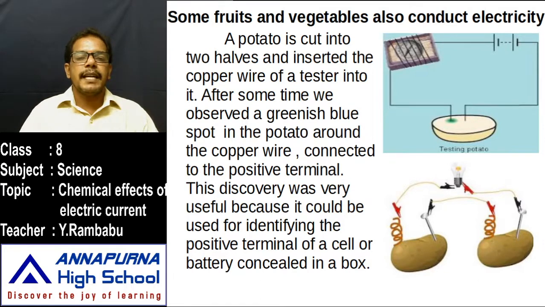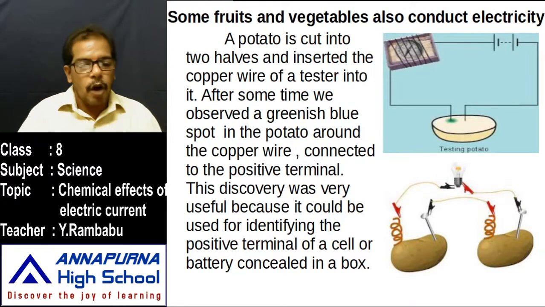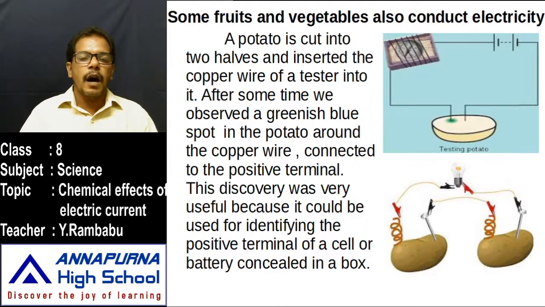How can you decide that the electrolysis process takes place? By the formation of bubbles near the electrodes, or a metal is deposited on one of the electrodes, or the color of the solution changes. With this we conclude that a chemical reaction has happened, and this is the electrolysis process.